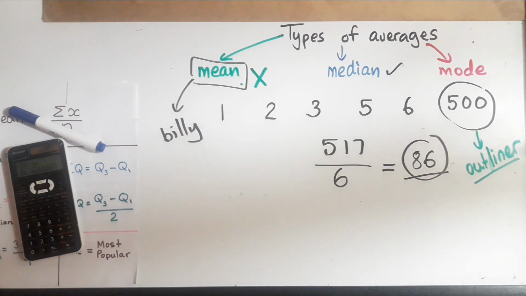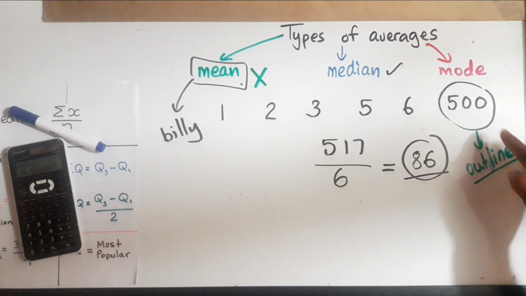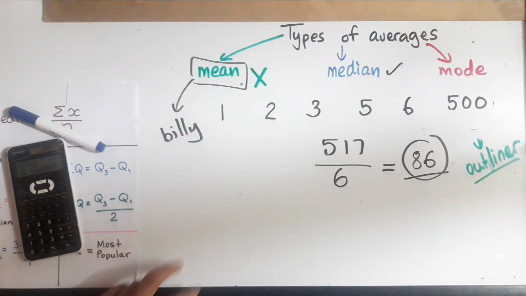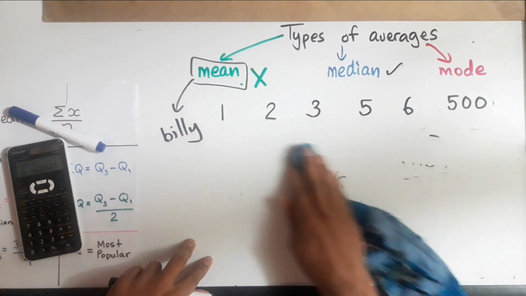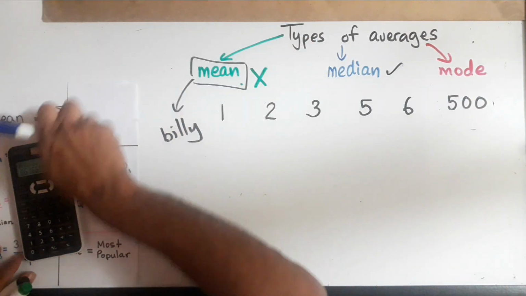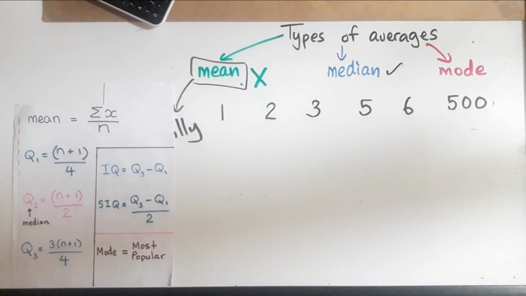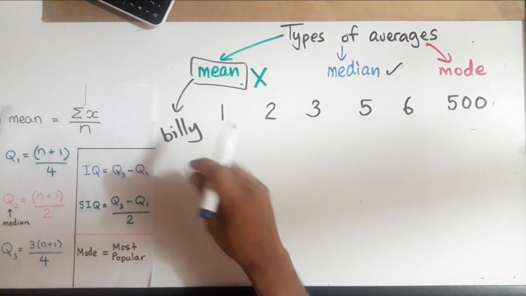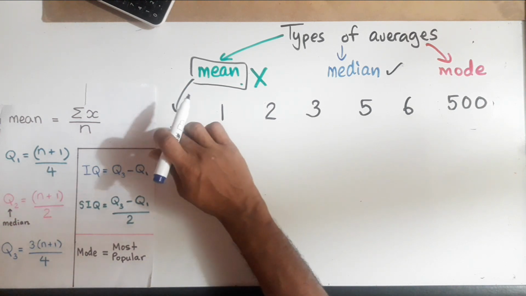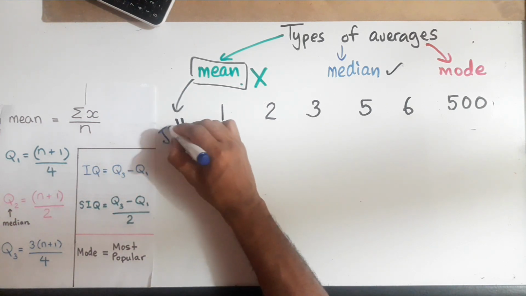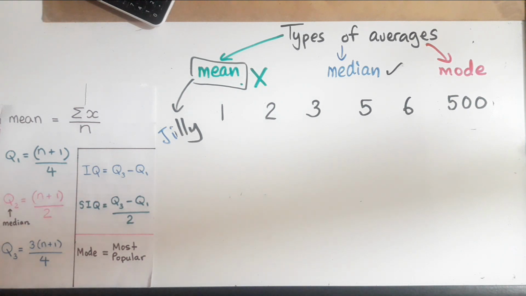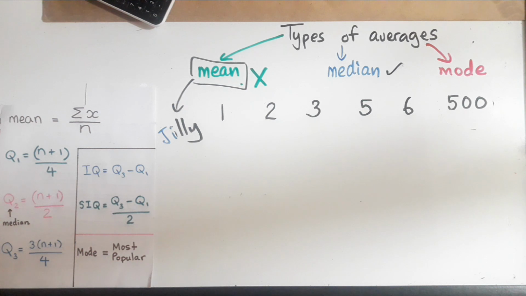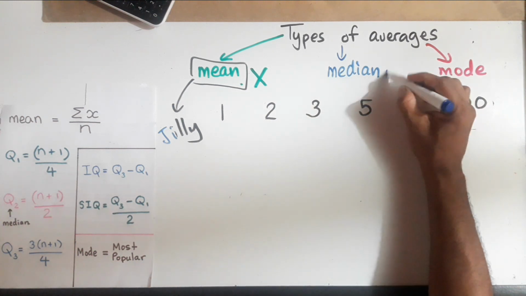So which one would we choose? Let's see if median is better, right? So let's find the median of this information. Remember, median and Q2 are the same thing. So we fire Billy and we hire someone else, Jilly. So we hire Jilly, right? Jilly decides to take the same information and express it as a median.